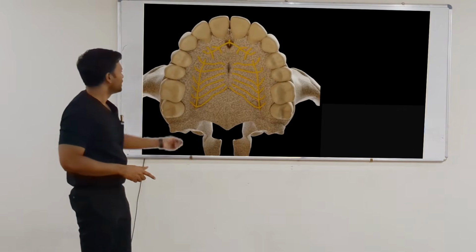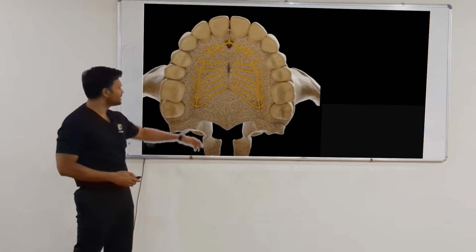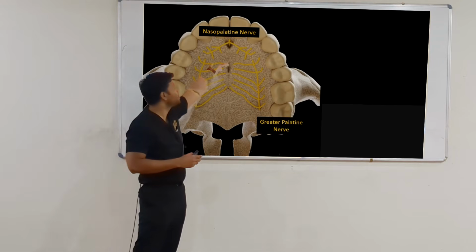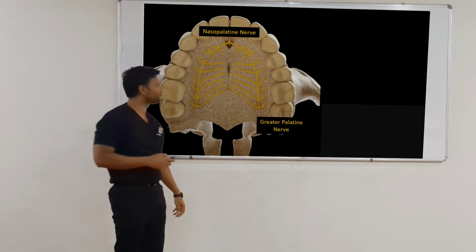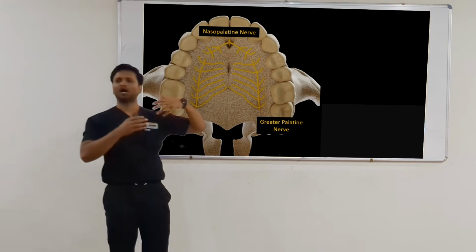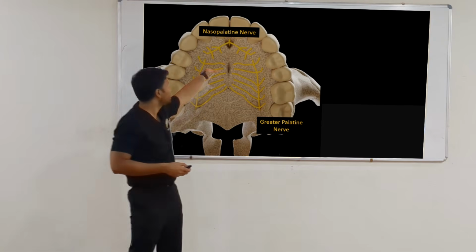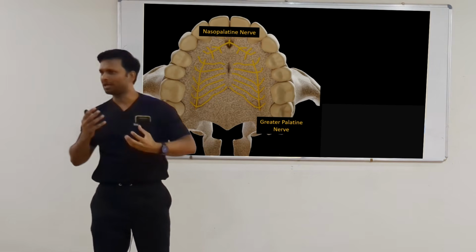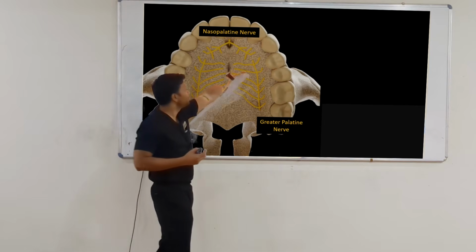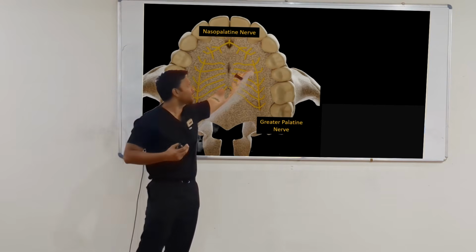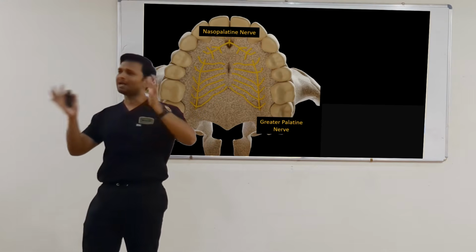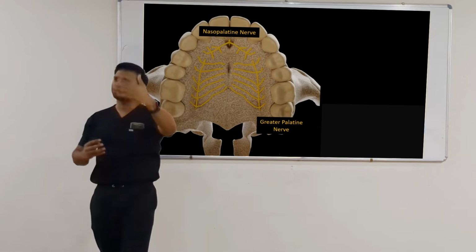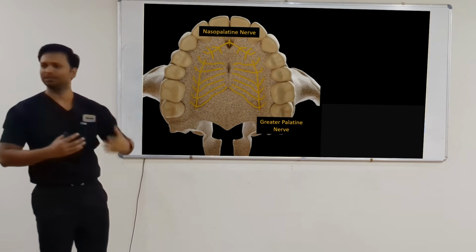So palatal nerves, you can see these are the nasopalatine nerve and this is the greater palatine nerve. Nasopalatine nerve comes out of the incisive foramen, okay, and greater palatine nerve comes out of the greater palatine foramen. Now incisive foramen is located just below the incisive papilla on the palate, that is the anterior palate, and you can see the nerve that is extending from canine to canine. So this nerve supplies bilaterally from canine to canine the anterior palate, okay, the soft tissue overlying that anterior palate and the bone that is in the anterior palate.